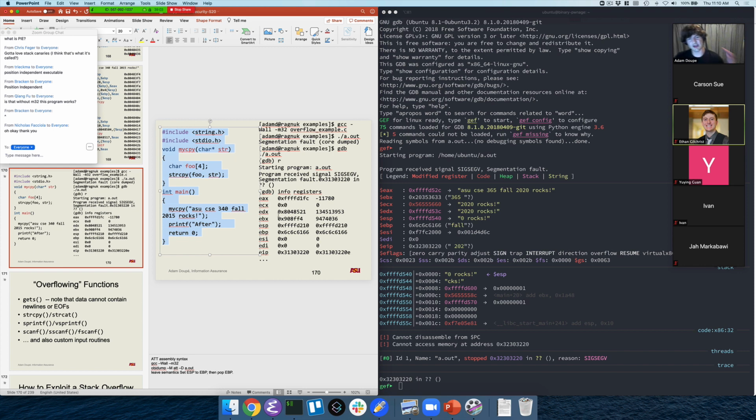Registers are twice the size. Everything is RAX, RBX, RCX. The calling convention is a little bit different, so that's why we haven't focused on that. But now we can see here that it